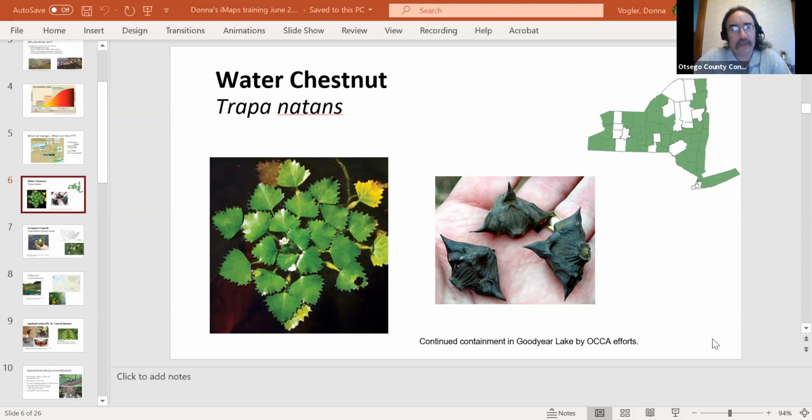There are some known hotspots that always seem to have some chestnuts, but we also know that if we stop paying attention to it, it's probably going to come back, because those seeds can remain viable for quite some time. But it's definitely something that is containable. As with any invasive species control effort, we know that it's going to take dedication in terms of time, in some cases years, such as with the water chestnut, and effort. A lot of effort goes into it. But definitely something that is controllable.